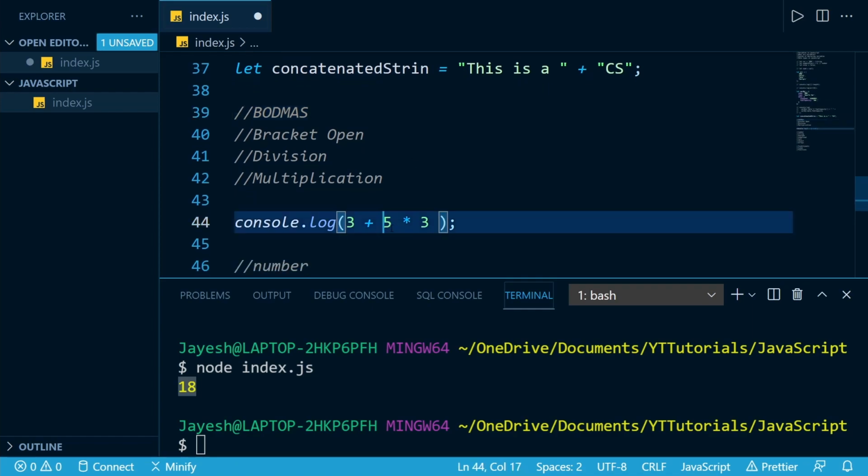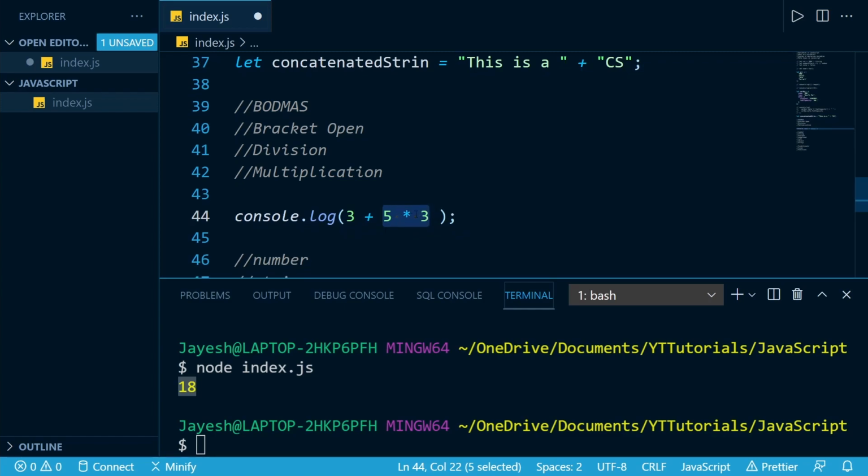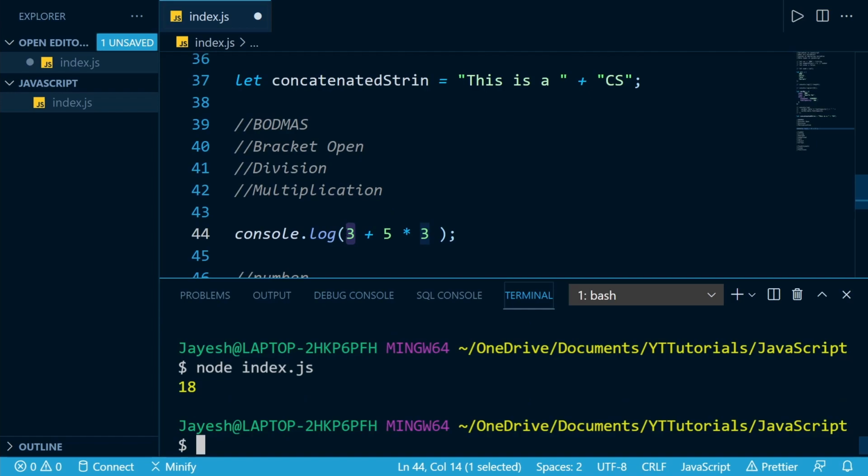So the first thing it should do is multiply these two numbers, 5 and 3. 5 times 3 is 15, and then it will add 3 to the result of the multiplication. Let's run this. As we see, we get 18: 5 times 3 is 15, plus 3, 18.